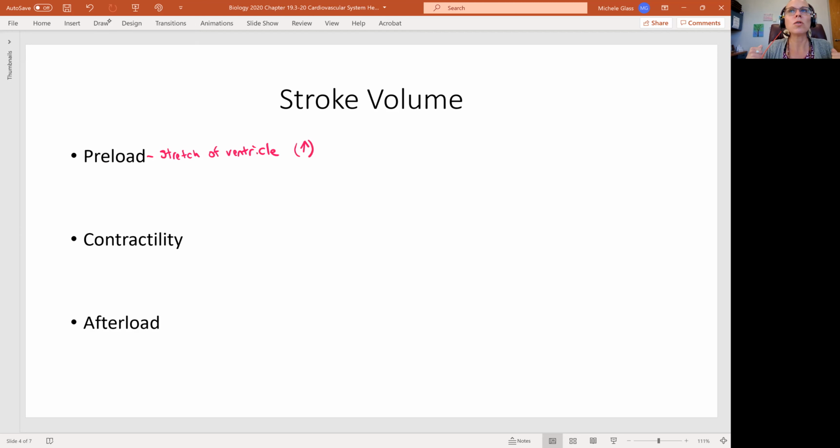Okay, so with the cardiac muscle tissue, the more it is stretched out, the more force it can then generate. So think about,